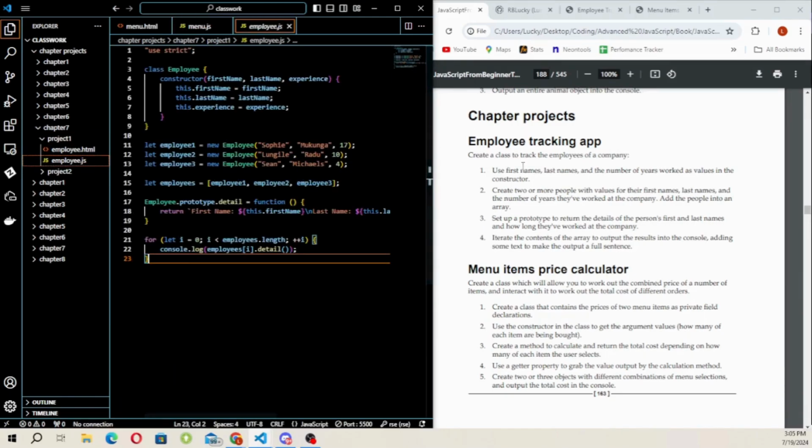So in chapter 7 we are working with classes, and the instruction for the employee tracking app is to create a class to track the employees of a company. Instruction number 1 is to use first names, last names, and the number of years worked as values in the constructor. As you can see in my code, we create this class called